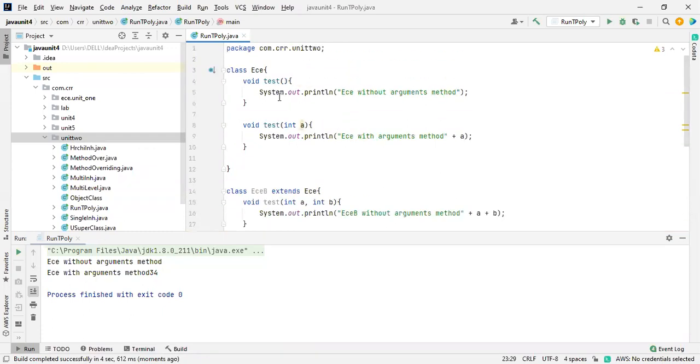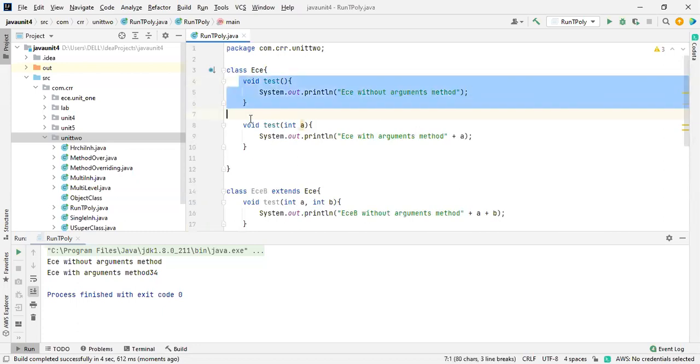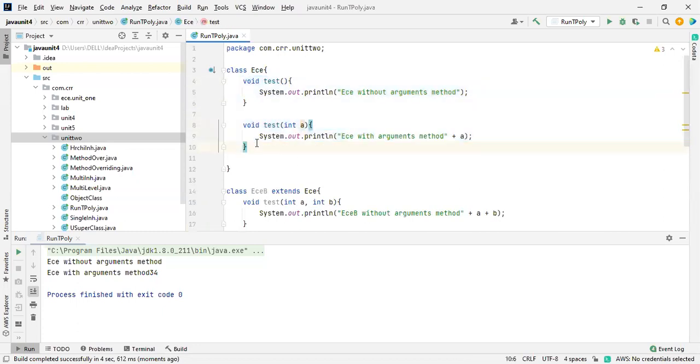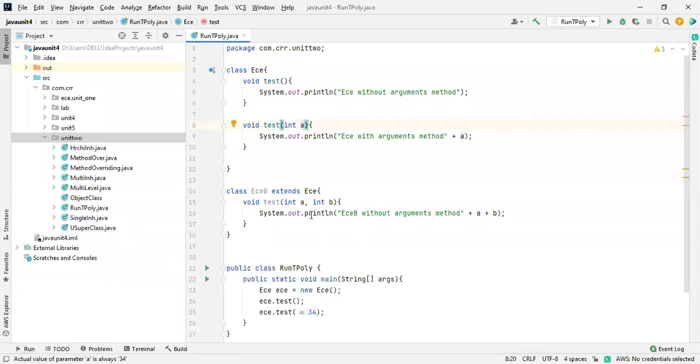So these two methods have been called, and these two methods are overloaded. What is the overloading concept? It is the same method name but different parameters or arguments. So this is all about the overloading concept.